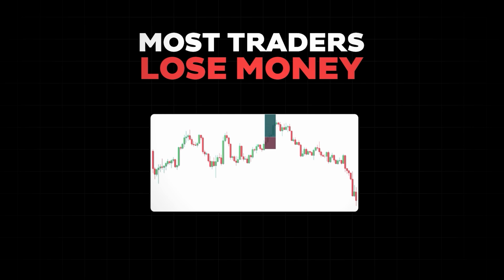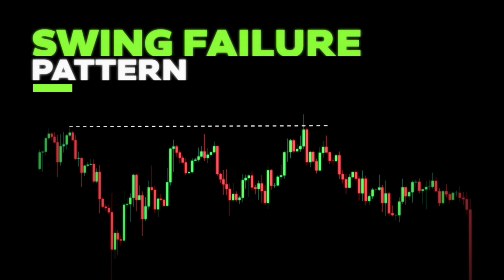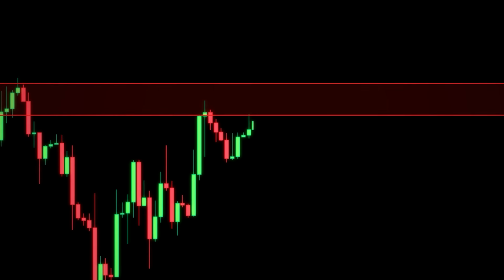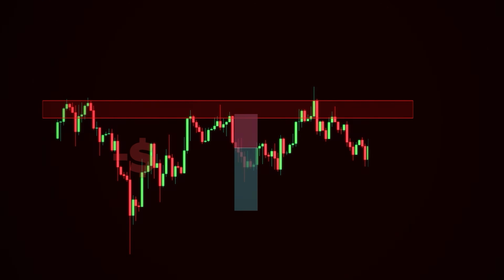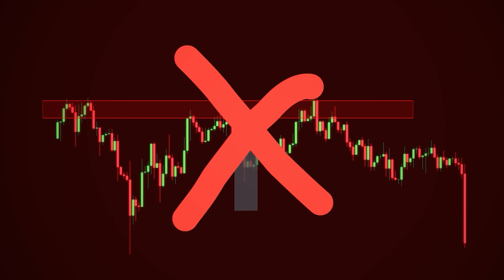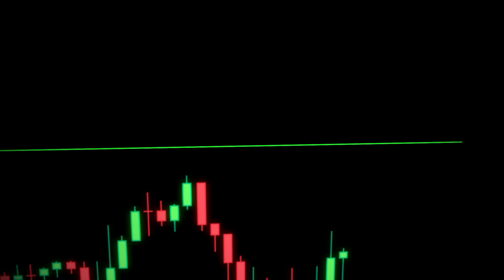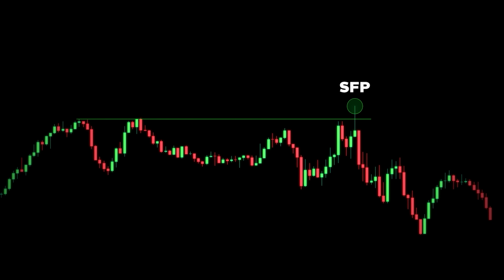The truth is, most traders lose money because they miss this one critical pattern: swing failures. Traders see price struggling at key levels, but don't understand what's really happening. As a result, they enter bad trades, get stopped out, or miss high probability reversals altogether. But once you learn how to spot and use swing failure patterns correctly, everything changes. That is why in this guide, we'll break down exactly how swing failure patterns work and how you can trade